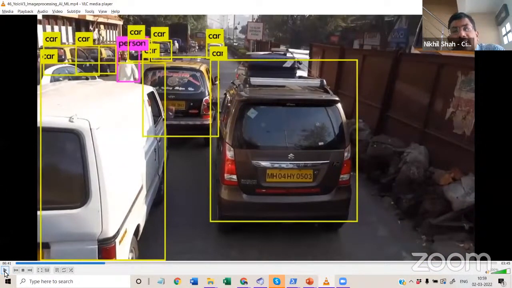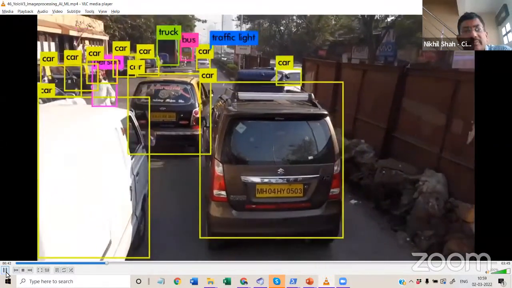See that live feed of the road or of a particular situation, the machines can segregate so many objects simultaneously, right? So from this live video, it has labeled this object as a car, this object as a person. Let's take a few examples.